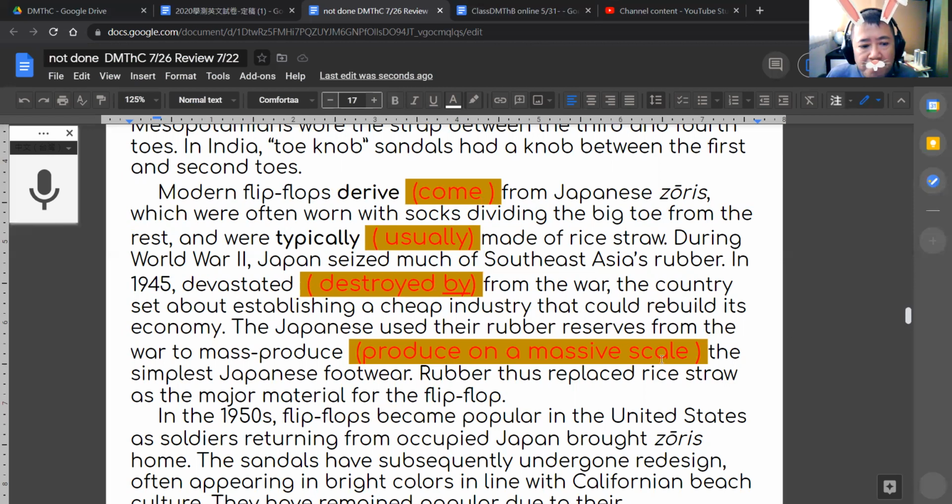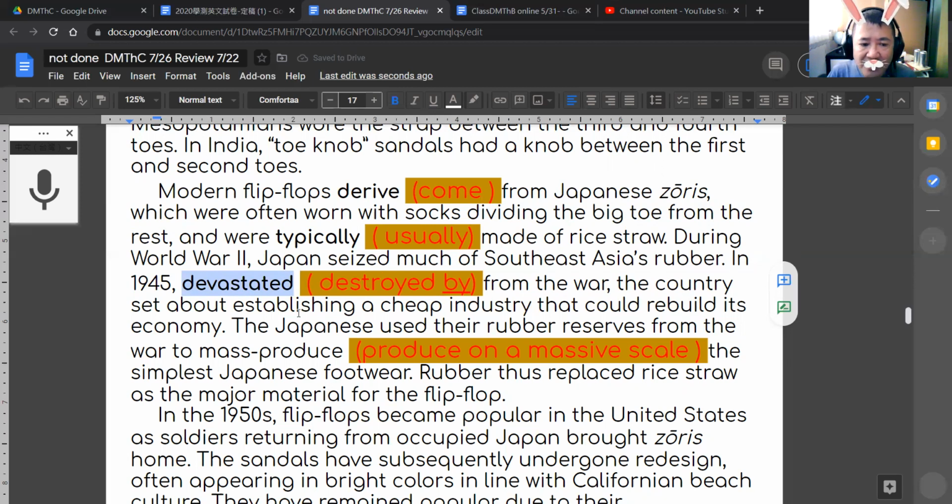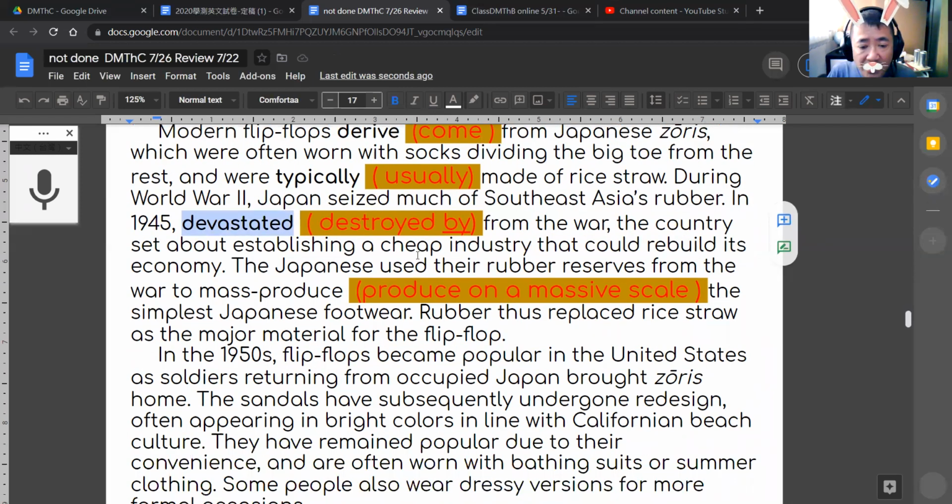In 1945, devastated, destroyed. Okay, devastated means destroyed, because they lost the war, right? So in 1945, devastated from the war. In other words, destroyed by the war. If you use the word destroyed, you have to use the word by. So in 1945, destroyed by the war, the country set about establishing a cheap industry that could